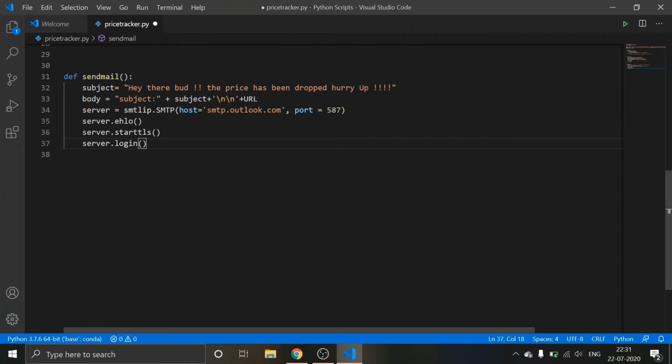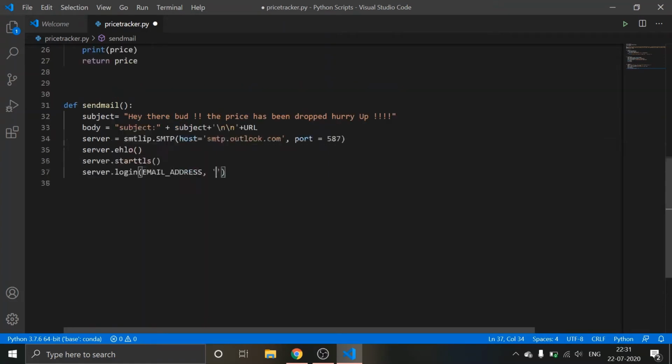Okay, now I have to declare the email address. Email address. What's my email address? Yeah, don't spam me now. Oh sorry, I have to give my email address as a variable.